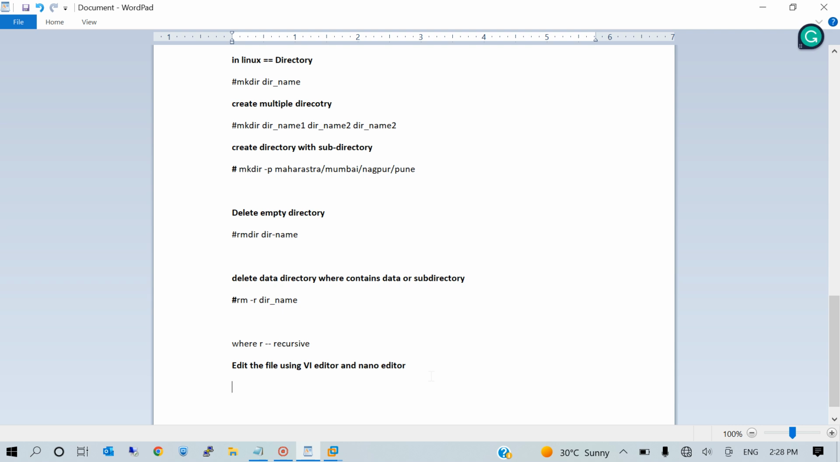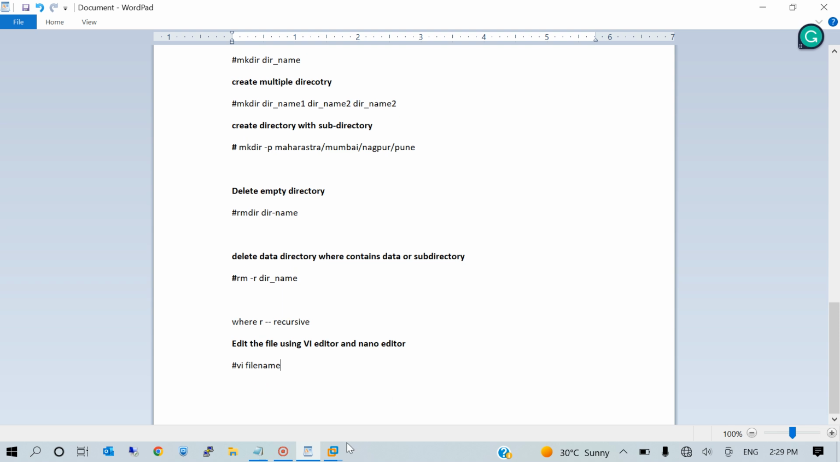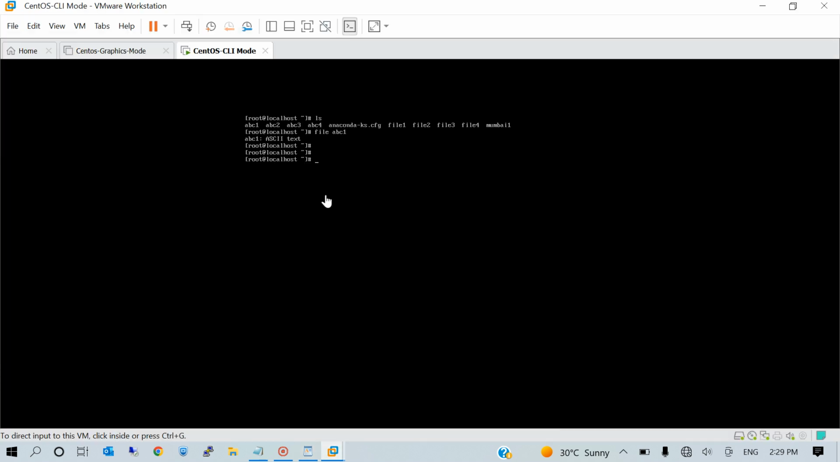For now I am using the vi editor. In most cases the vi editor is used to edit a file. So what's the command for that? vi and the file name. First I check the file abc, there is some data contained in file abc. So using the vi command I am